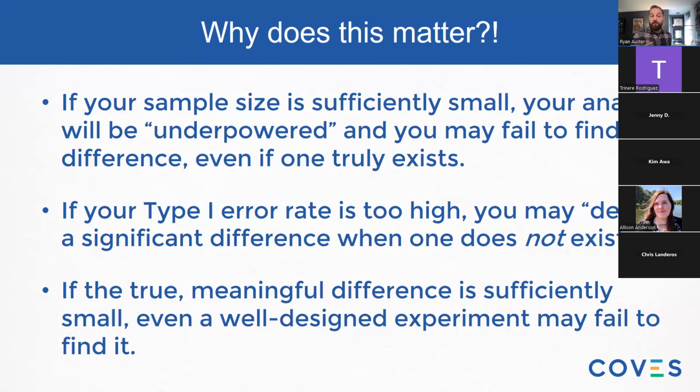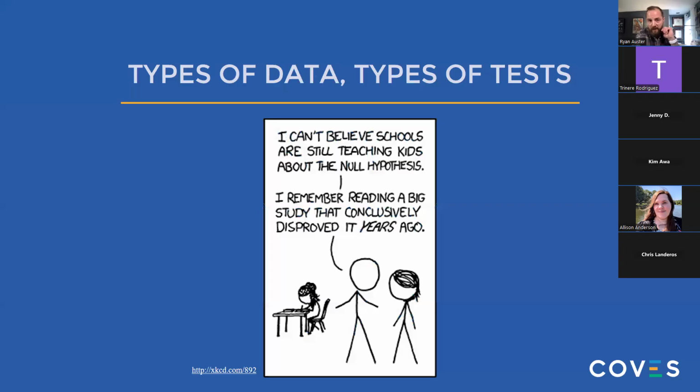A third example is if a true or meaningful difference is sufficiently small. So again, the effect size there, if it's very small but meaningful, you might have an adequately powered experiment that still fails to detect it based on any number of factors. So all three of them together, your alpha or your type 1 error rate, the power of your experiment, and the effect size that you're looking for, all influence, or sorry, the sample size, all influence the power of your experiment and our ability to find differences between groups, between the sample and the population, et cetera, et cetera. Okay, so that was a quick crash course on power, sample size, and effects.